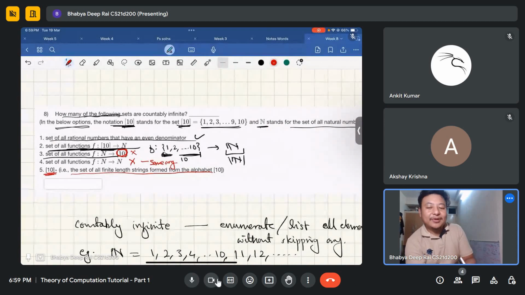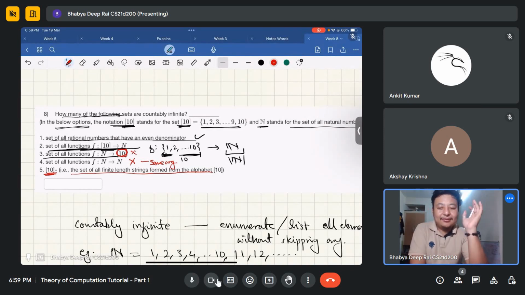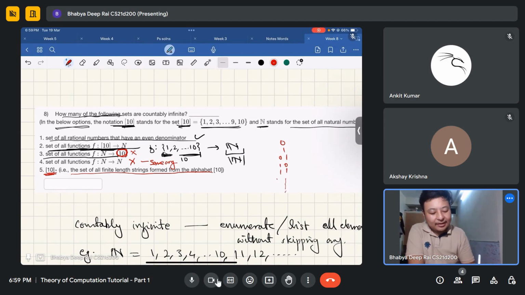This I'll leave to you as an exercise. This is very simple. Try to list out all binary strings. Try to get a formula for a list of all binary strings, by a certain order. Let's say 0 followed by a 1 followed by 0 1 1 0 1 1 and so on. Get a list of binary strings. Then naturally this also follows, because